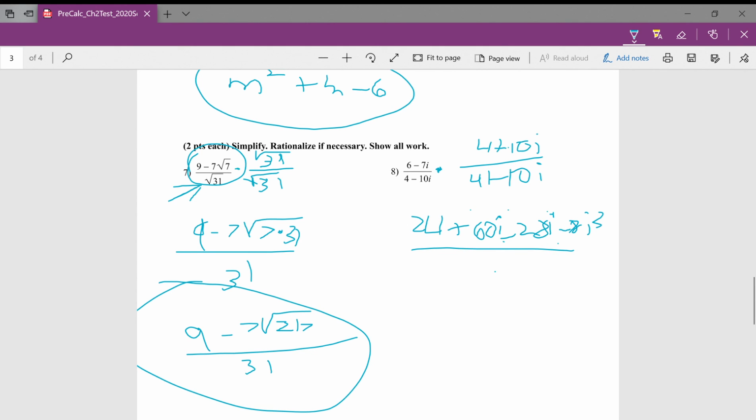Alright, next one on the bottom, it's 4 times 4 is 16, of course. 4 times negative 10, sorry, let me see. One second. So we're actually going to get 4 times negative 10 is negative 40i. And then negative 10i times 4 is